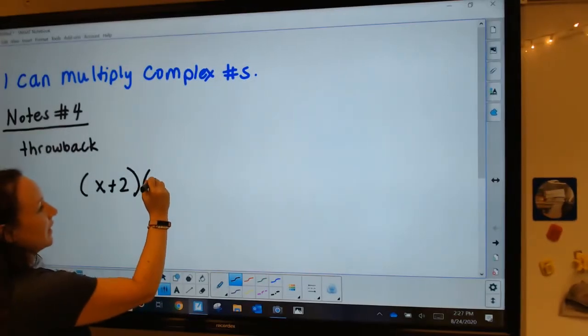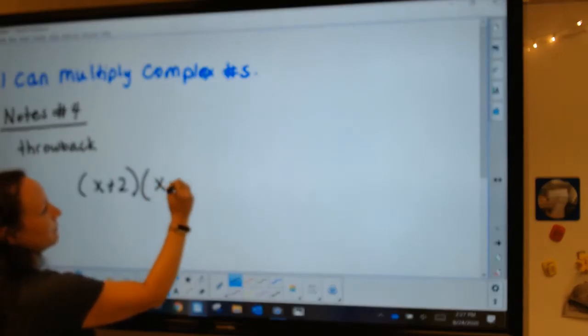So this is a little bit of a combination of all of the things that we have learned with adding and subtracting, and we're just going to have that extra step of distribution and multiplying. And we're going to throw back to what you are familiar with before we get to the complex numbers part. So if I had x plus 2 times, let's say, x minus 4,